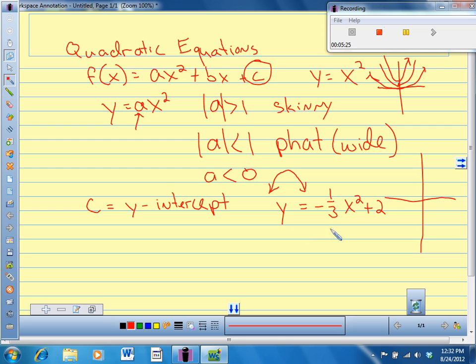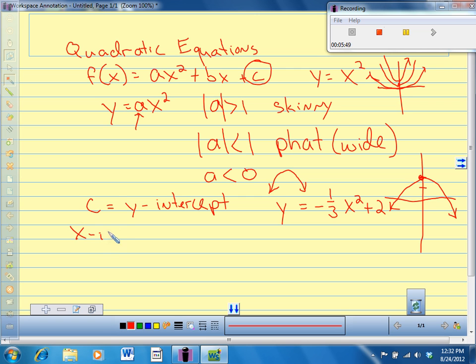It would be an upside down parabola. What would it be? It would be a fat one, okay? And it would go through what? y equals 2. And it would be kind of wide. Okay? Now, if I want to find what those x-intercepts are,